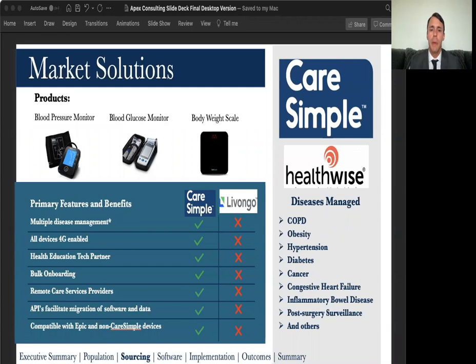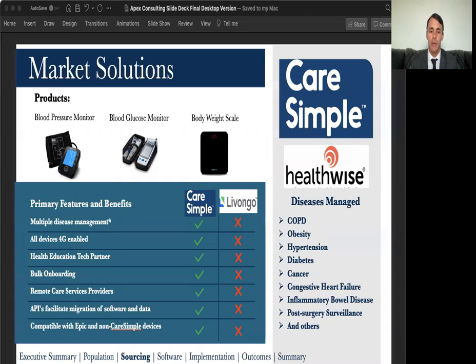So in order to expand RPM to the desired patient population, Apex Consulting found that the most suitable RPM service is CareSimple. Now, although CareSimple and Harris Health's current vendor, Livongo, share some capabilities, CareSimple has a number of distinguishing services that really make it competitive when compared to Livongo. So in addition to offering blood pressure monitors, blood glucose monitors, as well as body weight scales, which are all